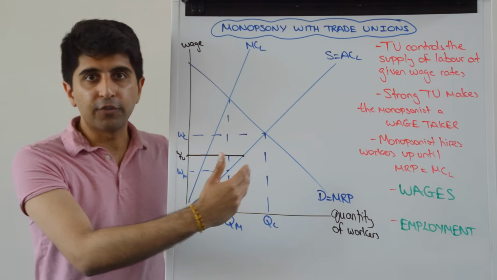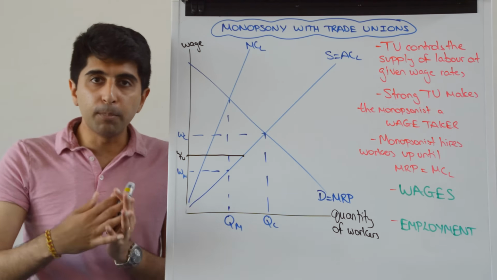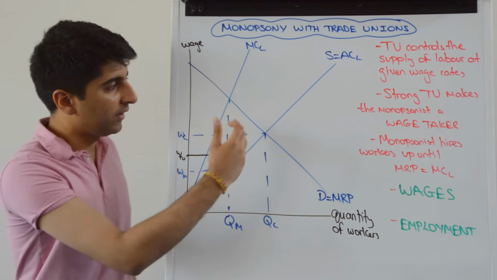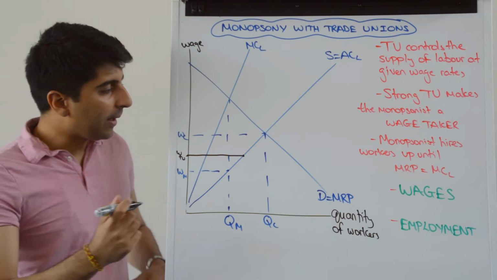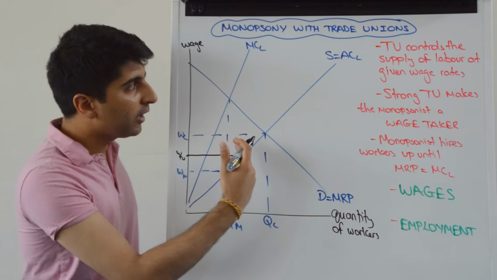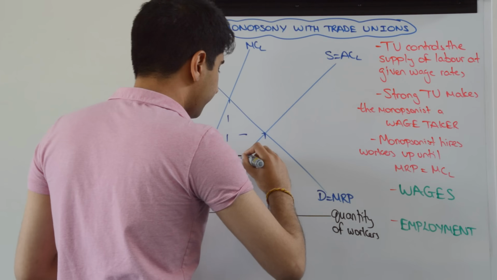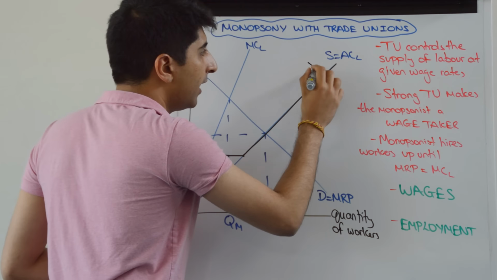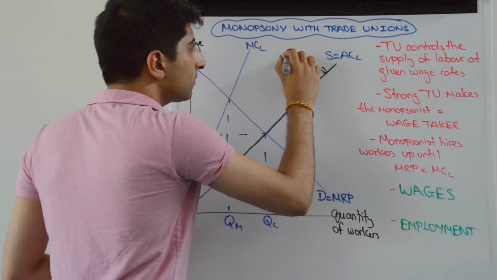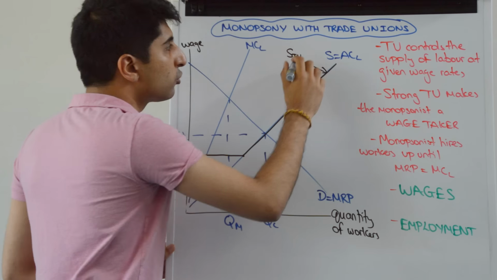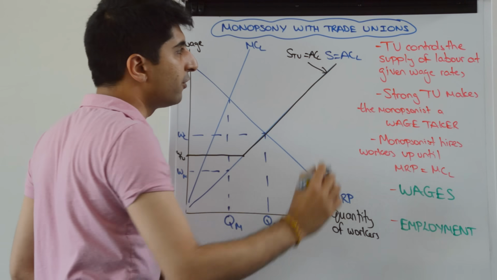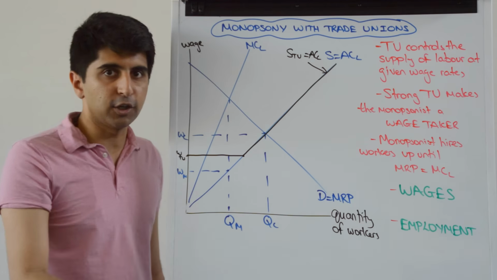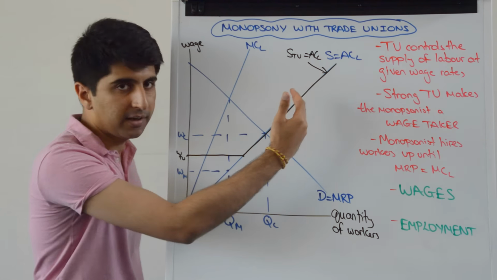Beyond this black dot though, if the monopsonist wants to employ more workers, they need to increase the wage to attract workers into this industry. The supply curve tells us that. And that means that beyond this black dot, the supply curve reverts back to the original supply curve, which now looks like that. And we can label this black line our new supply curve. So we can call that supply trade union, which is equal to the average cost of labour now. So that is our new trade union supply curve in this monopsony controlled labour market. And it's got a kink to it for the reasons I've said.